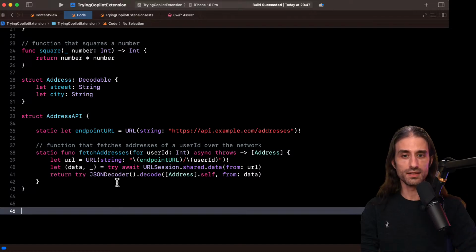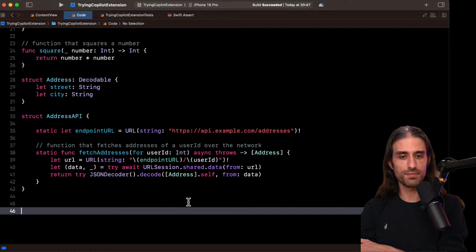So that's great. As you can see, it suggested async await, so it didn't suggest a completion handler, which is what I would have been really disappointed in, but also it didn't suggest using Combine, which would be correct, but maybe not what we would recommend as the basic way to do a simple network call. So that's really great.